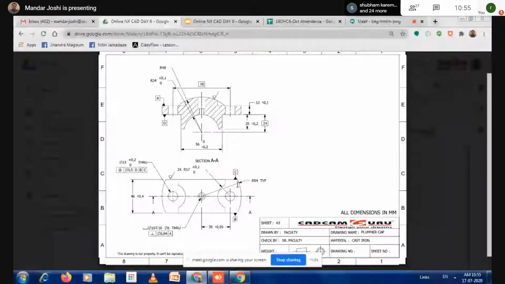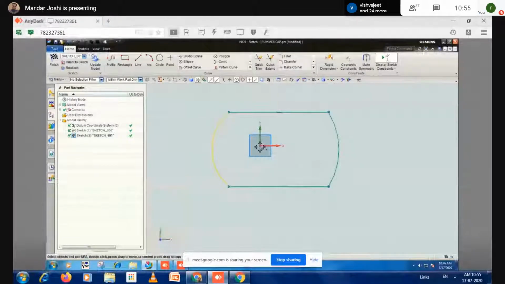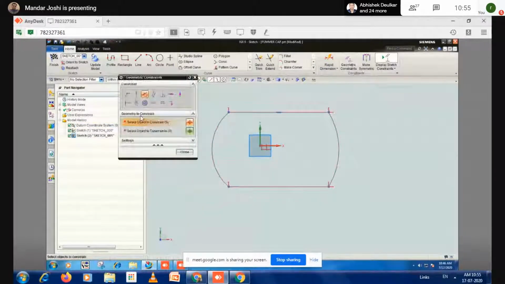Arc radius is 54, 54 from the center. So I have to connect these centers of the arc over here. So let's connect this geometric constraint and use the point on a curve option, or you simply connect this point and this point.